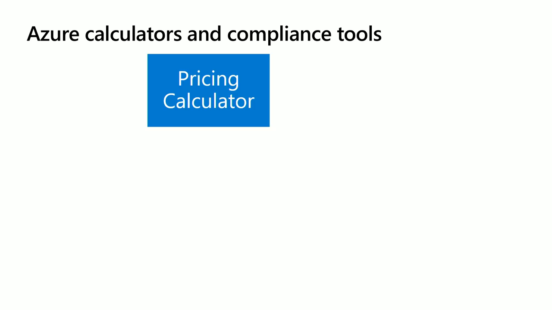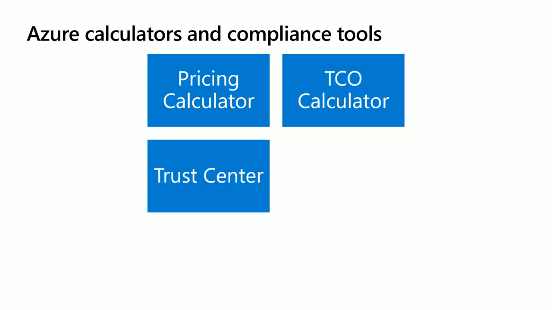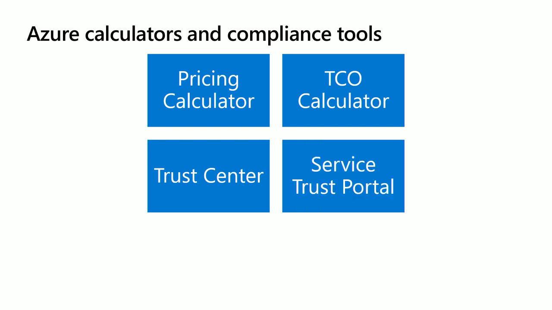Being aware specifically of a number of Microsoft websites, believe it or not. You need to be absolutely clear on what the pricing calculator is. So this would involve you just going to azure.com and clicking through to a few sites, got it, and you're good. You're not going to be asked detailed questions about it, but you'll be asked a question, for instance, you need to develop a price quote for a customer who's interested in deploying their website in Azure. What do you do? And the option might be pricing calculator, it might say TCO calculator, it might say Trust Center and Service Trust Portal. You just simply need to be able to differentiate the purpose of those public websites.